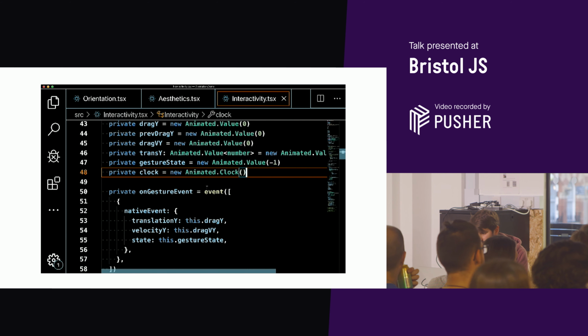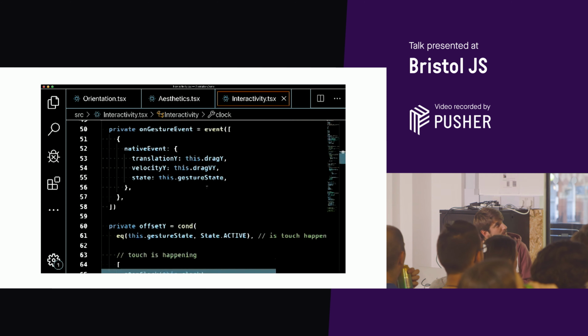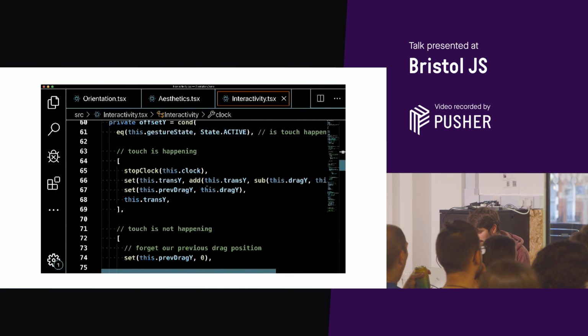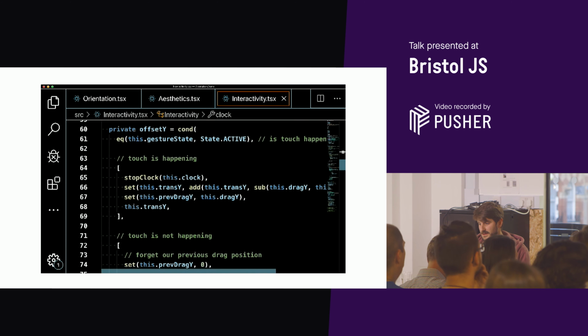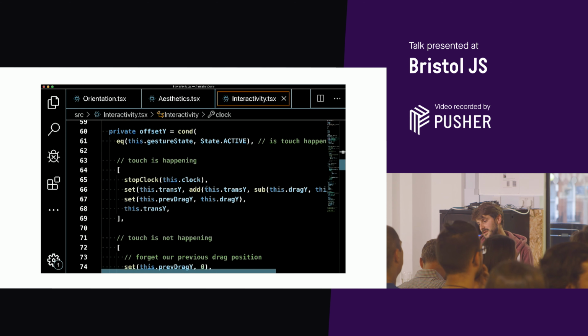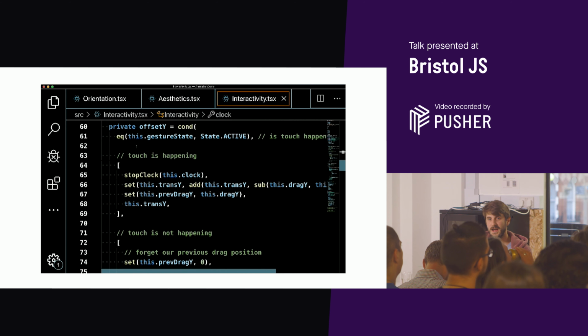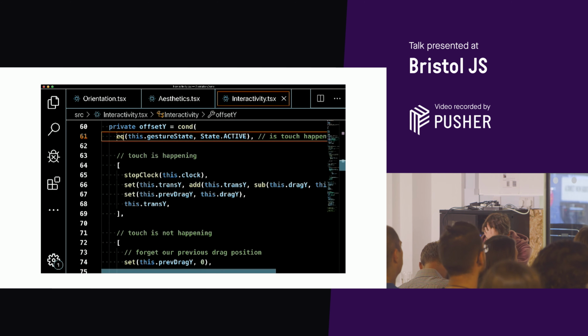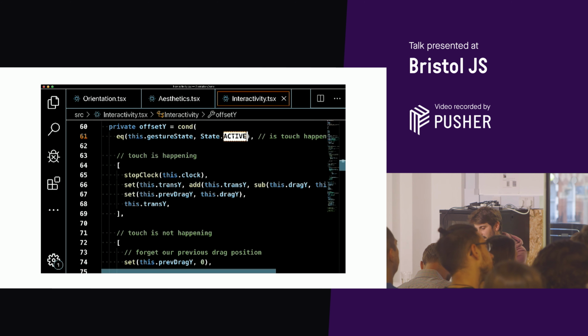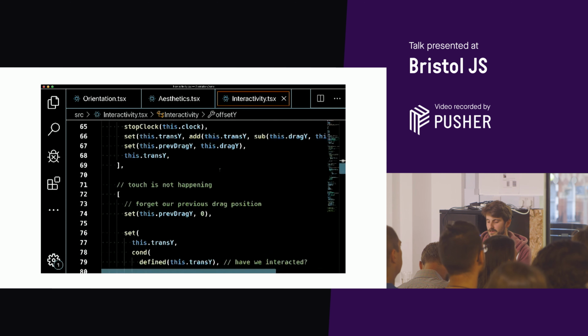So this is the bit that's doing the animation as we drag up and down. The first thing is there's a condition. We check, first of all, is the gesture state active? So that means have we put our finger down on the screen? I'll cover the else condition first. So if the touch isn't happening, then we forget there's some like values that we